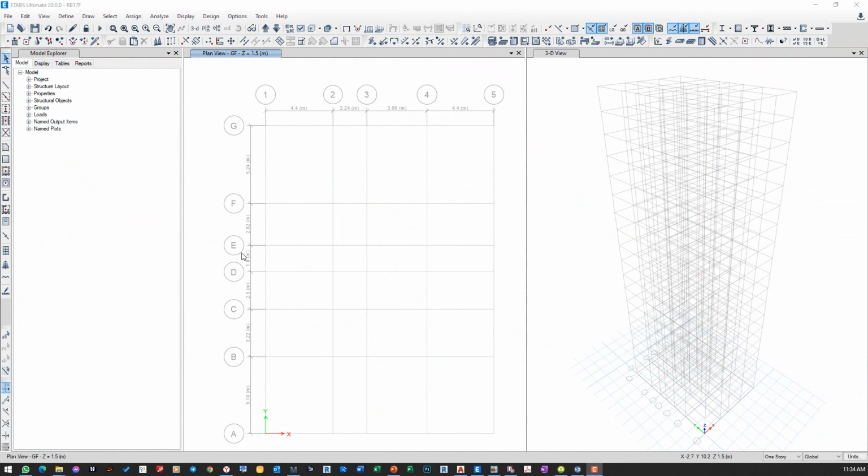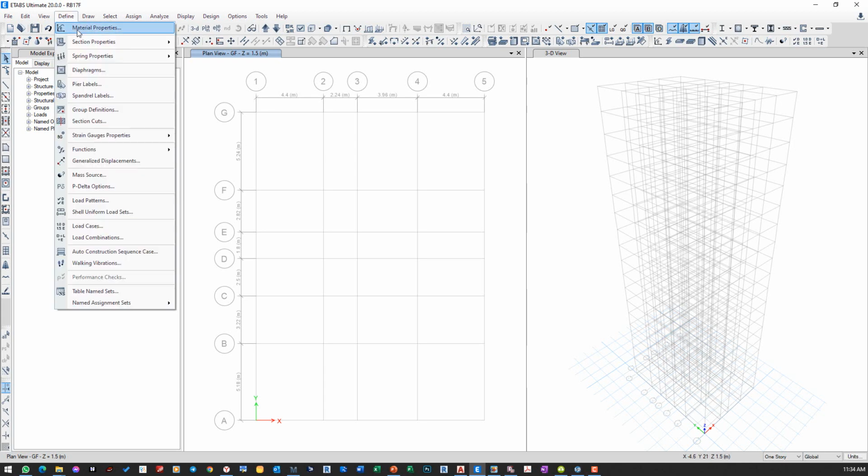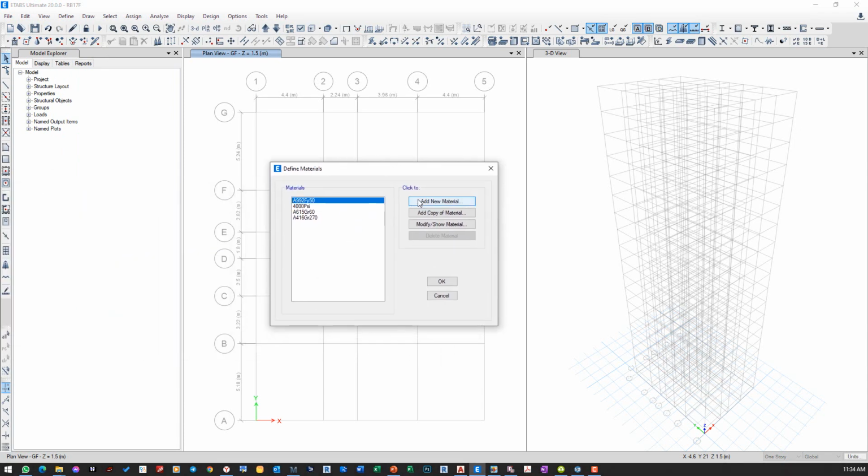Okay, and here we got a grid line and also the 3D view. Now we are going to create the material. We can quickly define material property from here, add a new material,